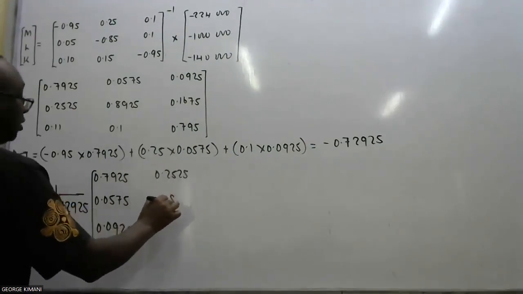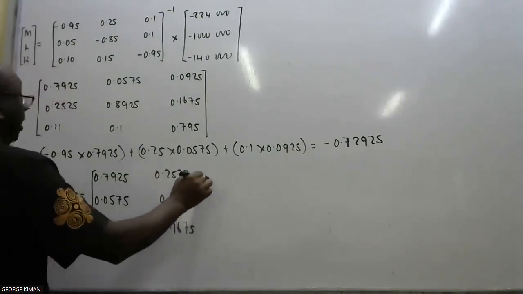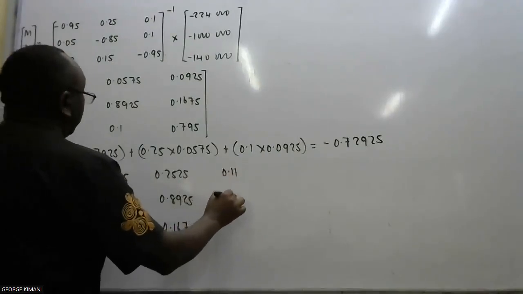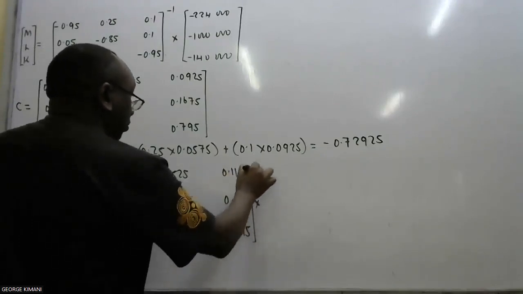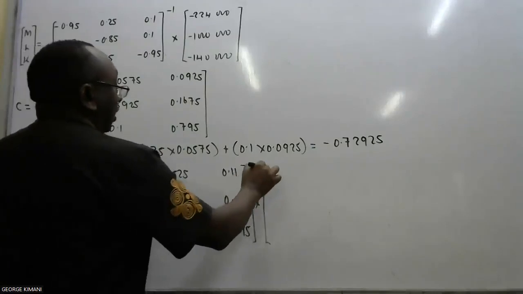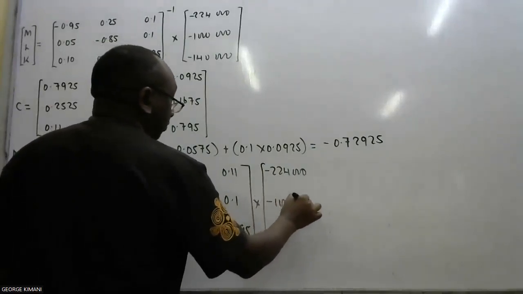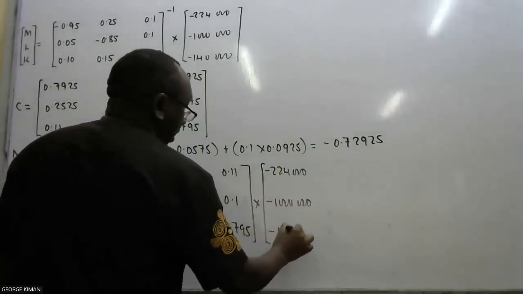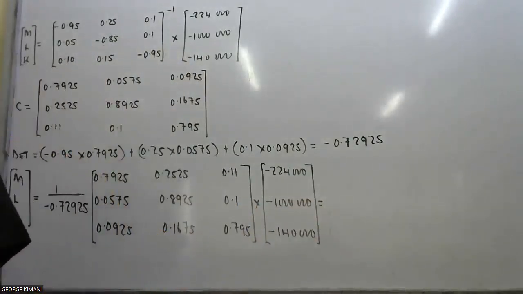0.2525, 0.8925, 0.11, 0.1, 0.795. Now this one you multiply by minus 224,000, minus a million, minus 140,000. So this one you can multiply straight, eh? So you multiply, I have